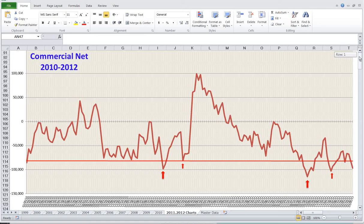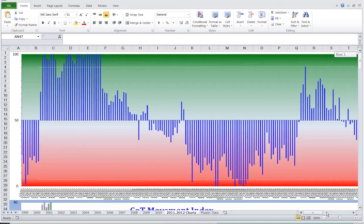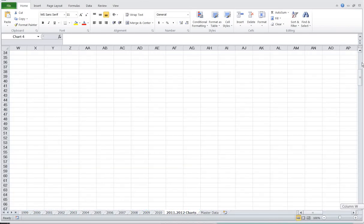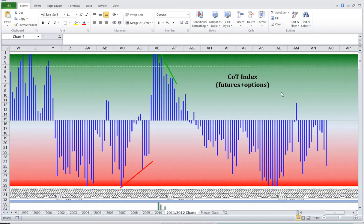Okay, so the charts I want to show, one is a COT index chart, and so this shows basically where the current COT net short or long position is relative to its range over the last couple years. And we've seen it move down from a neutral reading closer to an extreme net short reading over the last couple of reporting periods. It is not at a real extreme reading yet, but sometimes especially if we're looking at